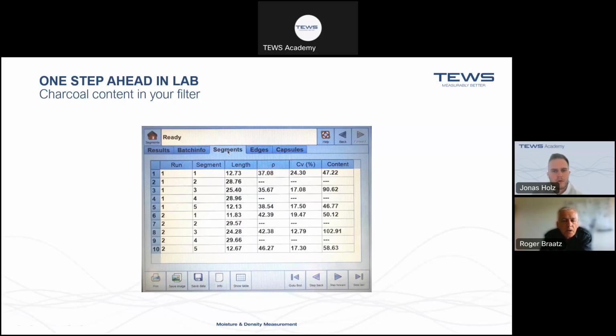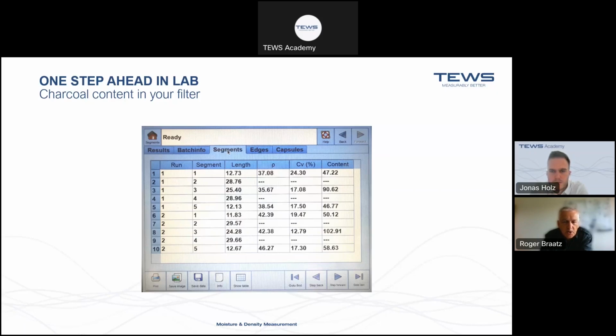We have the around 30 millimeter piece where 2 capsules are placed. Later, they will be cut in the center to separate the filter from the others. Then we have around 24 millimeter piece of charcoal again, 2 times 12 millimeter, which are also cut later. Then we have another 30 millimeter with 2 capsules, and we have another 12 millimeter at the end of the